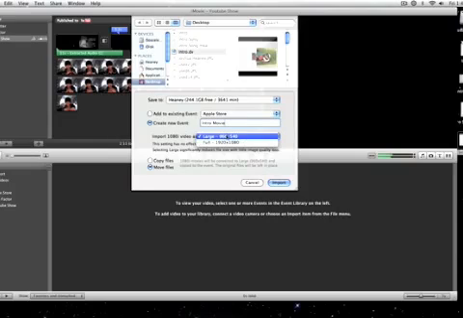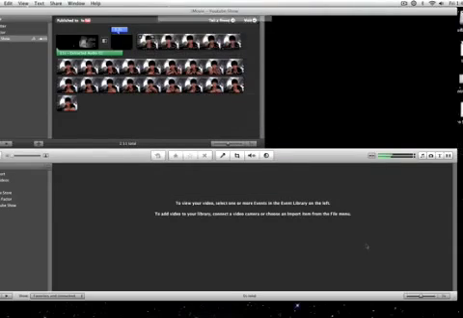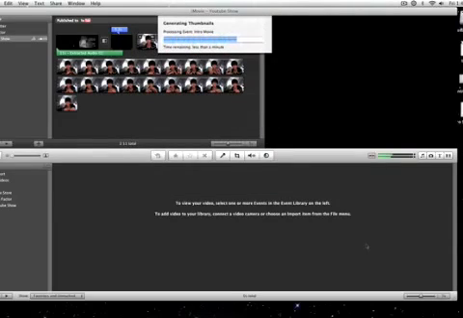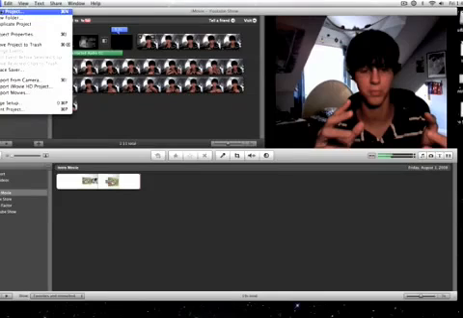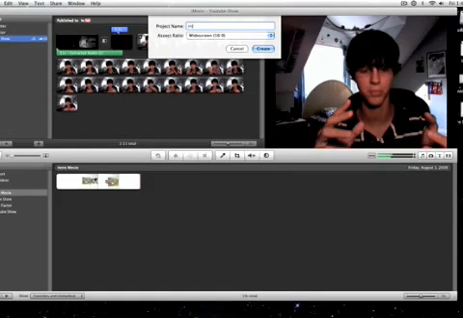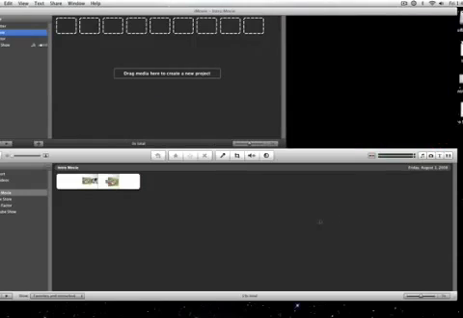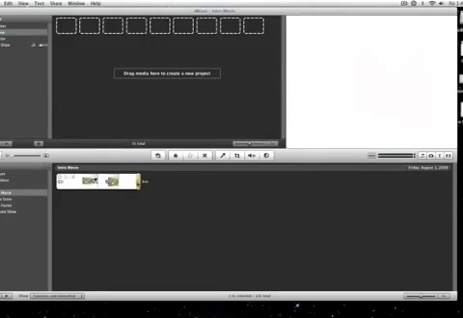And you can import 1080i video as you like. This isn't 1080i though, so we should be fine. And we're going to import that. And here we go. Now we're going to want to create a new project, so click File, New Project, Intro Movie. Make sure that the resolution, the aspect ratio is 4:3, standard. Create it. Now we're going to drag our title